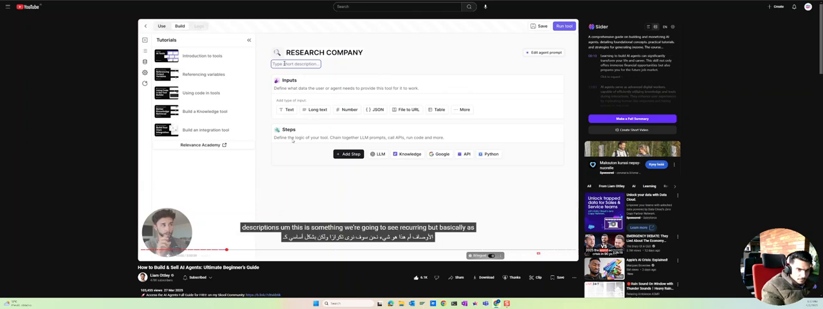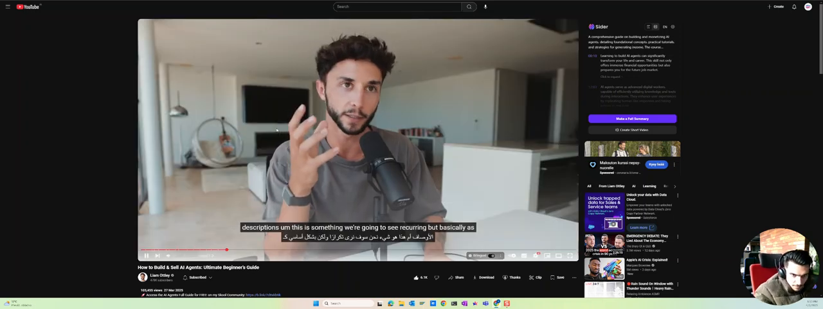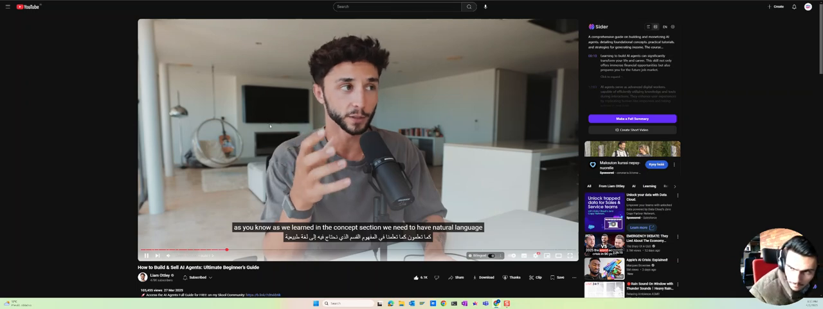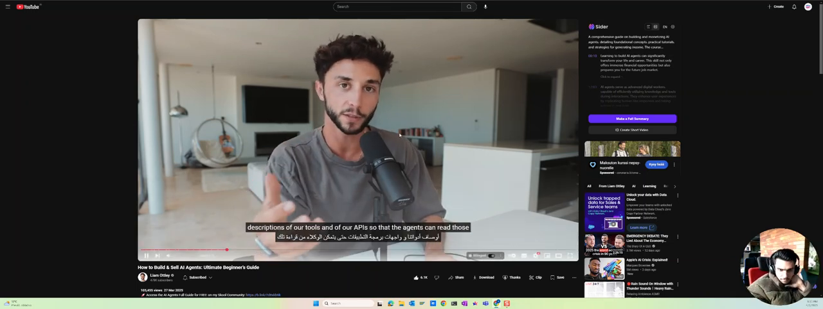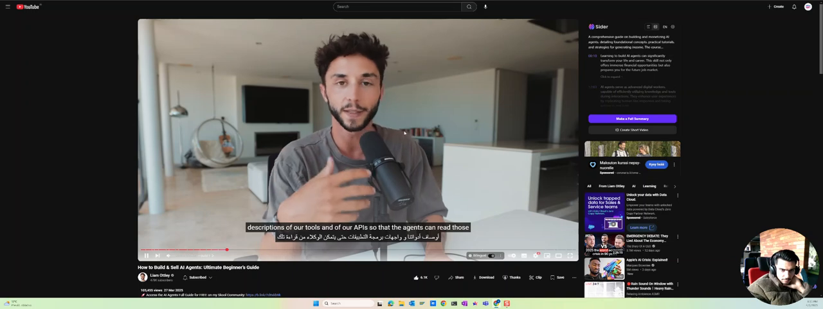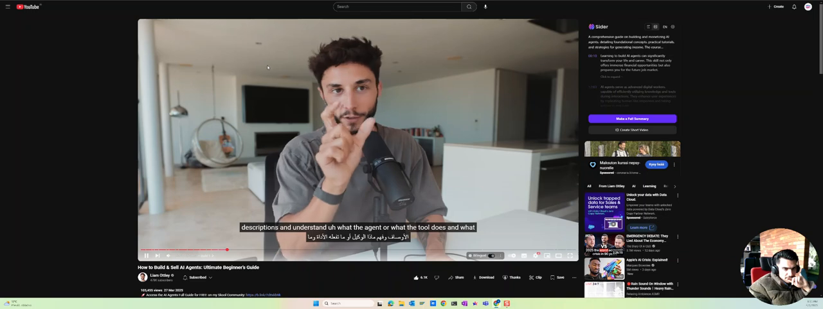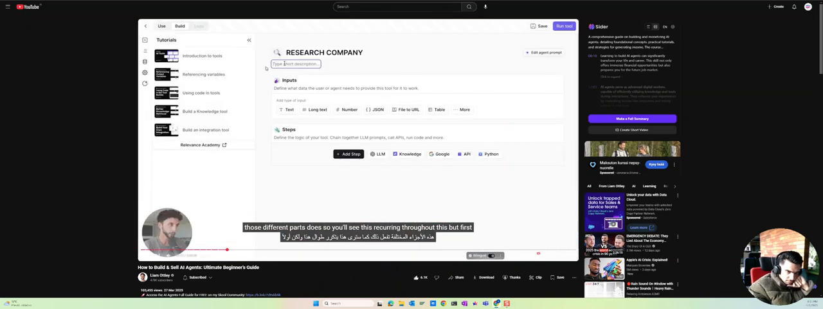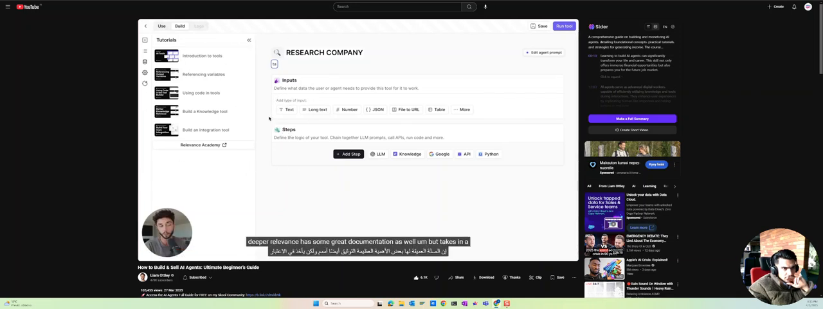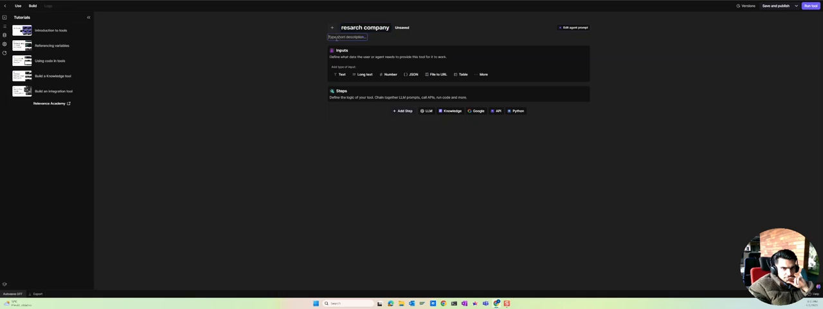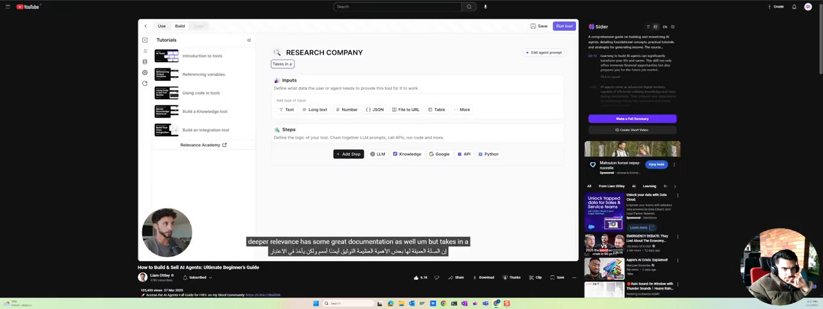Now we get to descriptions. This is something we're going to see recurring. But basically, as we learned in the concept section, we need to have natural language descriptions of our tools and of our APIs so that the agent is going to read those descriptions and understand what the tool does and what those different parts of it do. So you'll see this recurring throughout this, but first things first, what does this Research Company tool do? There's also some tutorials here if you want to go deeper. Relevance has some great documentation as well, but it takes in a company